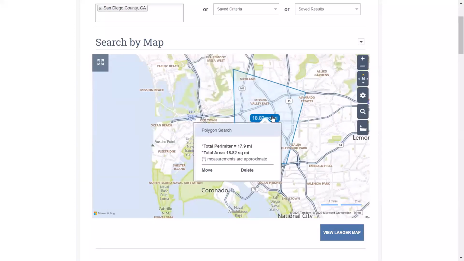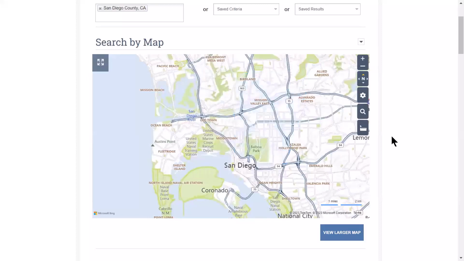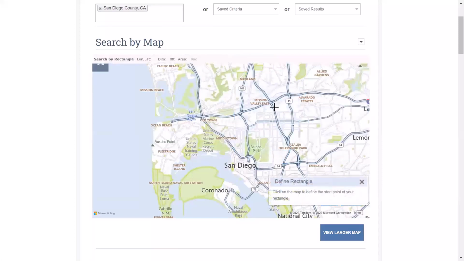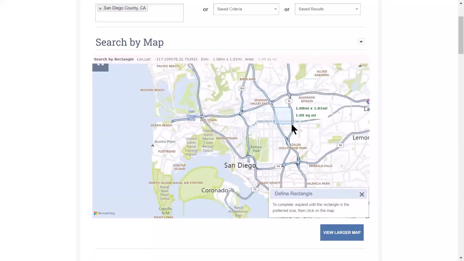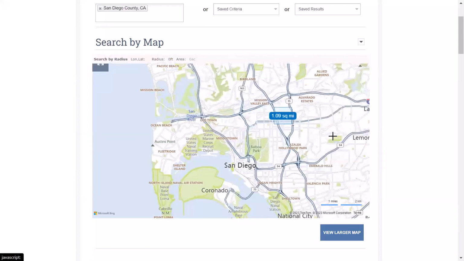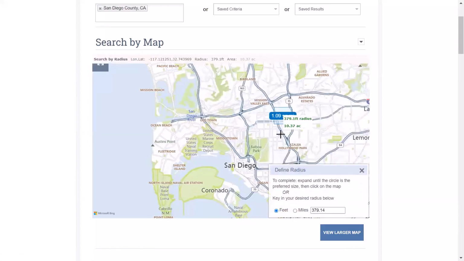So there's my polygon shape. To get rid of this shape, I can hover over the distance, and I can move the shape or delete it. Same thing applies with the rest of them. With a rectangle, it's a click to start, move out, click to stop. Same thing with a radius. Click to start. There's no holding and dragging involved.